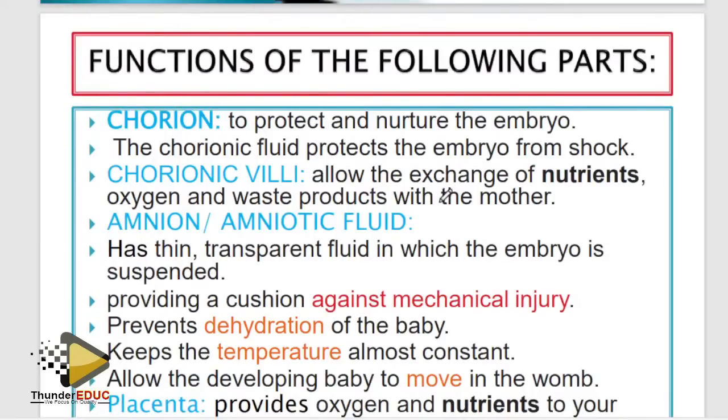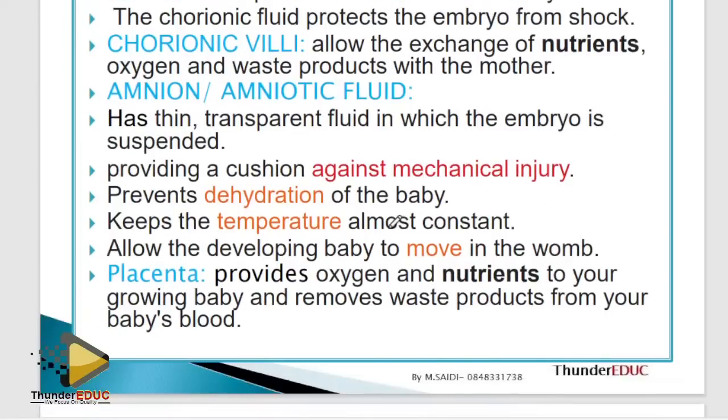Chorionic villi, amniotic fluid. Please go when you know the function of the amniotic fluid. Functions of amniotic fluid: prevents dehydration, keeps temperature, and allows movement of the baby. Guys, there is this thing whereby students say that amniotic fluid is responsible for nutrients. Guys, you will get a big 0. Stop saying that. I don't know where you got it from, because no one has ever said that in any book. You are just speculating. Please, amniotic fluid is not responsible for nutrients.